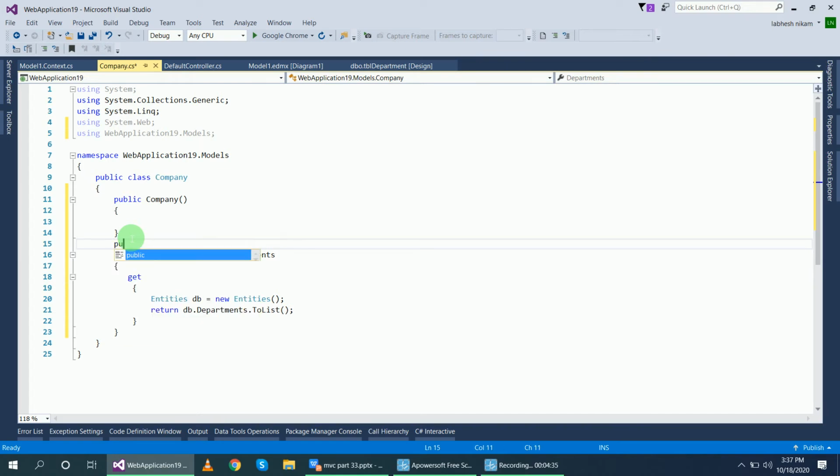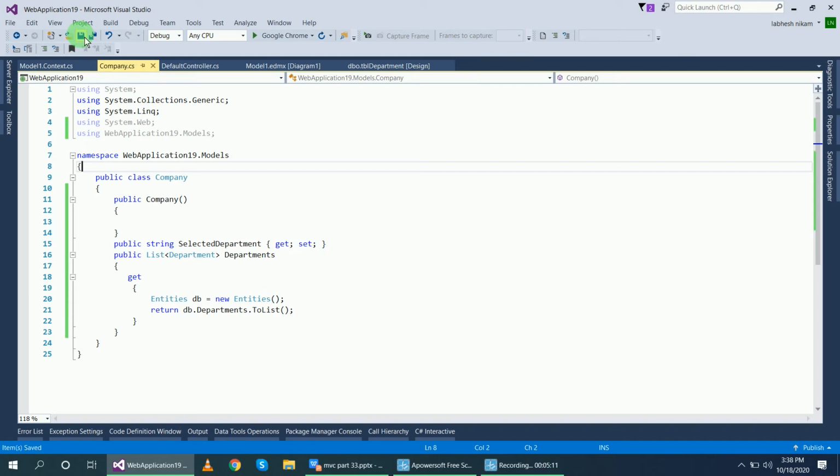So public string SelectedDepartment, this is the property to select the department, with get and set. So I have two properties, to get the list of departments and to select the department, and one constructor for the Company class.